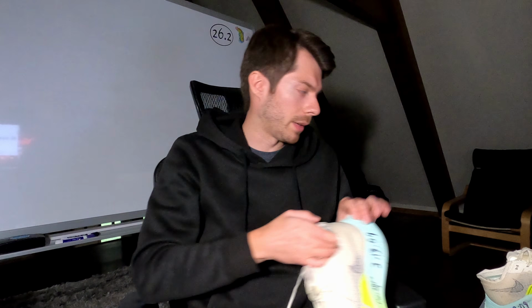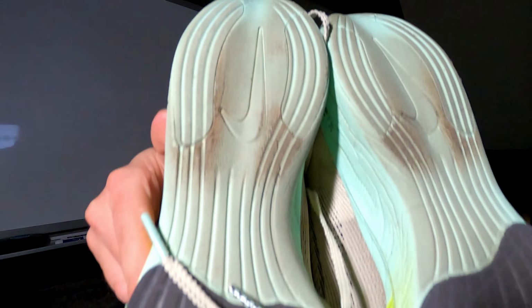So, what's the main thing we need to talk about? Let's talk about the outsoles in their current condition, just so you all know what's going on. This is the left foot and the heels, and this is the right foot and the heels. And the thing to discuss is that this shoe has officially crossed the 300-mile mark in my shoe lineup, more or less. And the reason that's a big deal is because if you watch these videos historically, anytime I